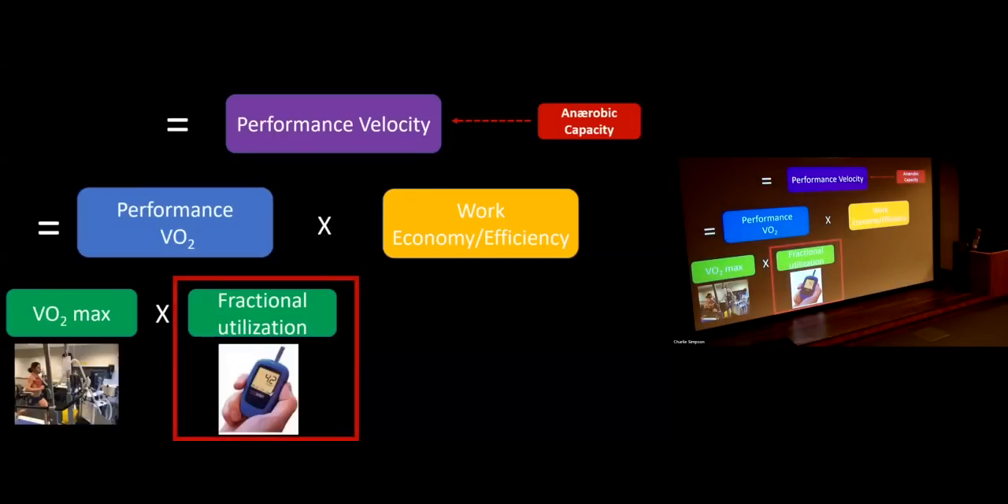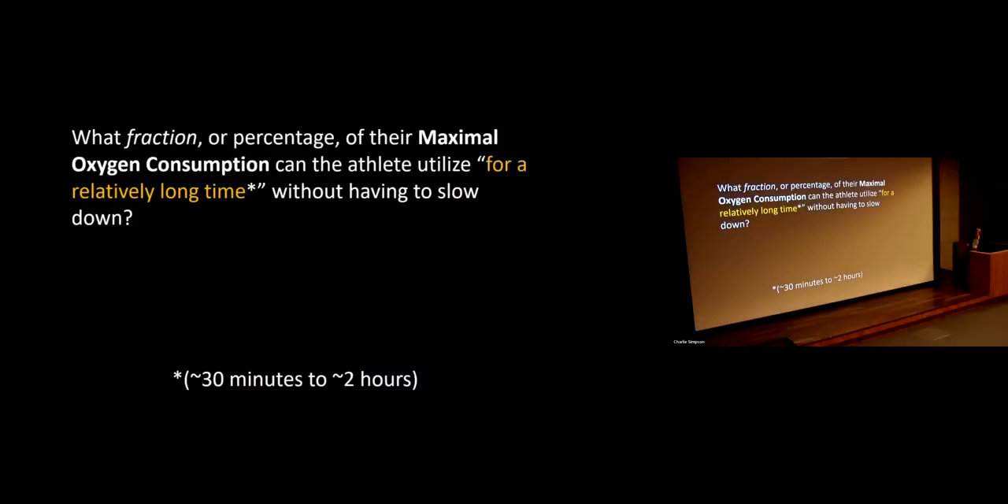When it comes to fractional utilization, it is a term that has many names. As I've said, it's the ability to maintain a high percentage of VO2 max in a quasi steady state for a fairly long time, like 30 to 120 minutes. But again, there's so much argumentation about how we define threshold. I think we should be satisfied with understanding it conceptually and then being consistent around how we define it specifically